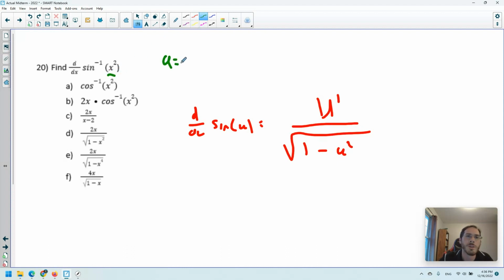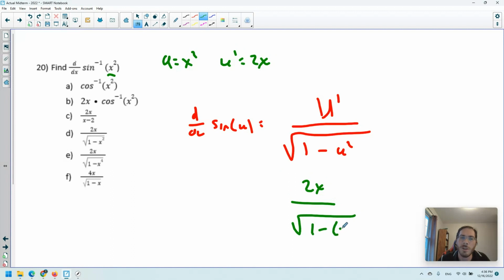We know what u is. U is x squared, so that means u prime is 2x. So we're going to get 2x over the square root of 1 minus, not 2x squared, x squared squared. I hit my 2 in the wrong spot. There we go. So x squared squared is going to be x to the fourth. Again, this is the only one with an x to the fourth, so that's the one we're going to